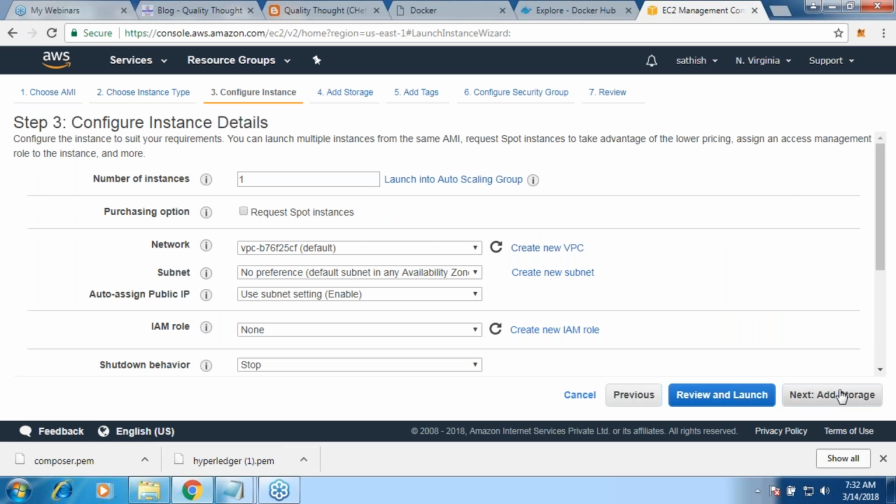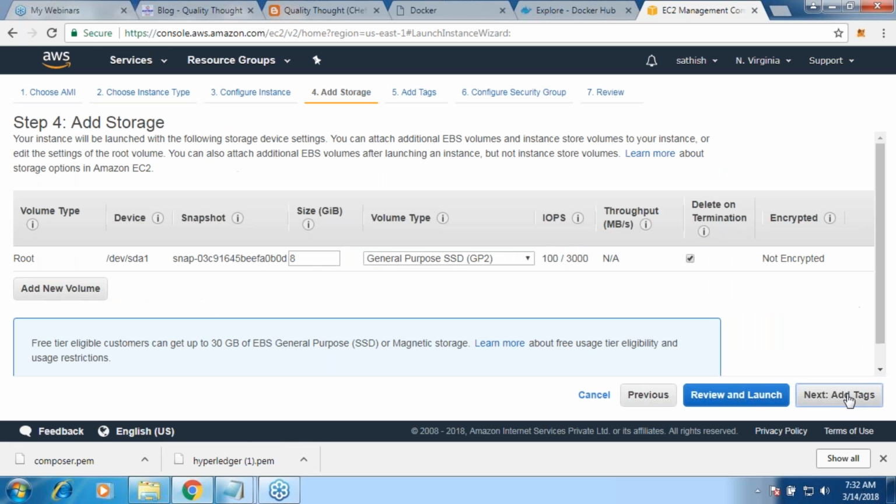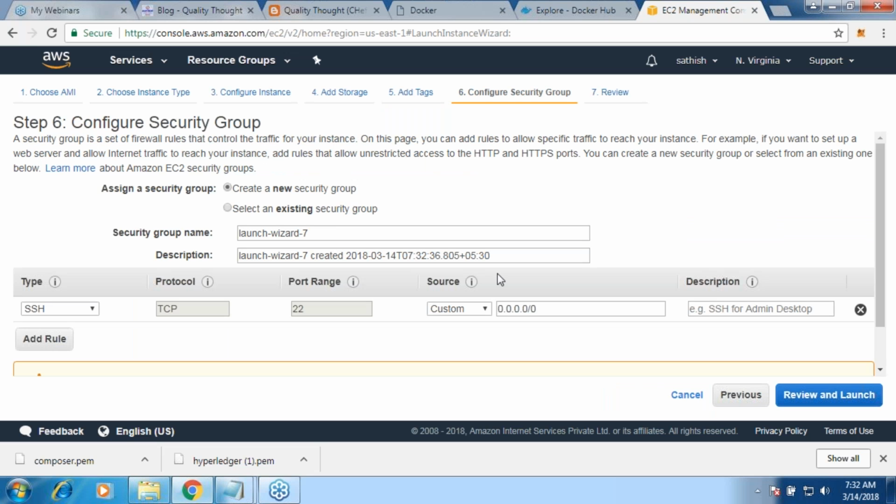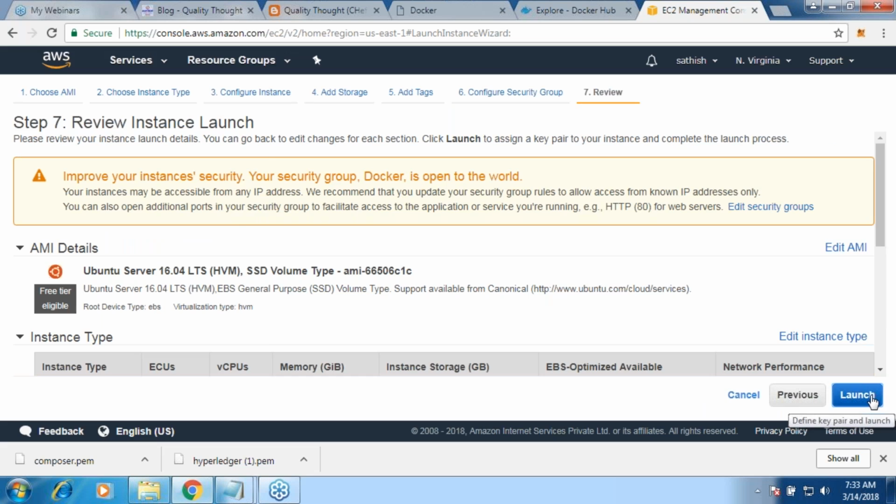So there is no need for you to worry about the rest of the details. Next, and go ahead and give the name as Docker. Next, I'm not going to change anything, but I'm going to name this as Docker, so that it is easy for me to change the rules from there on. Okay, by the way, these rules are your firewall rules. This firewall rule says only port 22 is allowed, so you will not be able to communicate on any other port. So whenever we want to communicate on port 80, we have to come back to this and then change it. Okay, so for now it's okay. Let me click on review and launch, and click on launch.